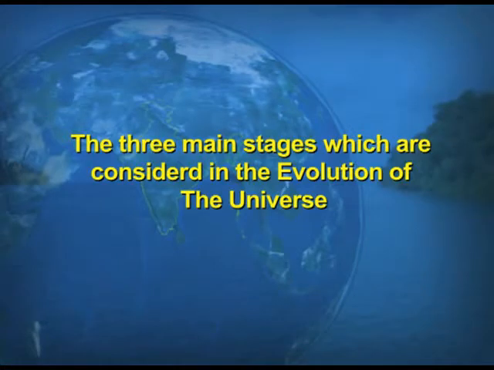The modern theories about the origin of the earth are the most convincing. Among them is the Big Bang theory, also known as the expanding universe hypothesis. In the Big Bang theory, three main stages are considered in the evolution of the universe as such, because this theory is not only concentrating on the origin of the earth, it is in fact addressing the whole concern of the origin and evolution of the universe.